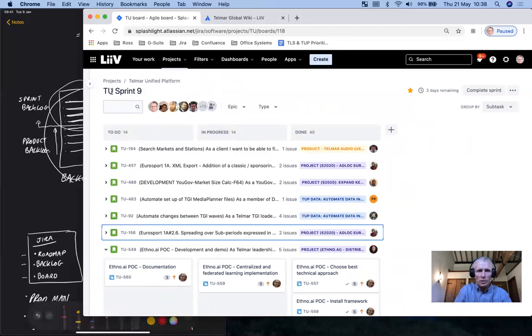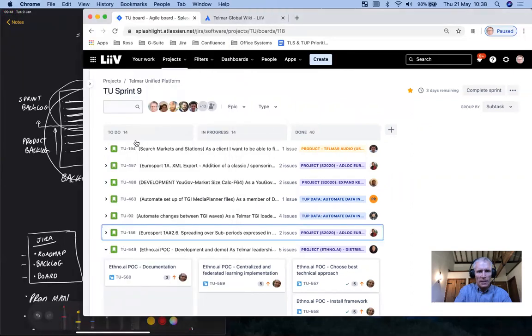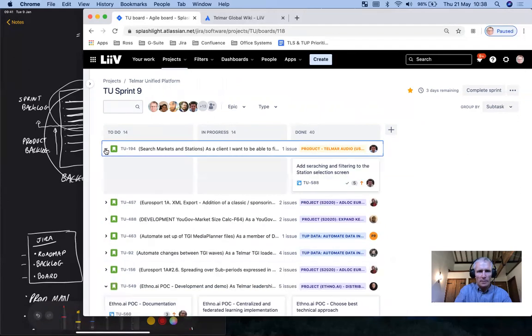So this board, Telmar Unified Platform board, is kept very simple. And this is a story and a story and a story. Now, because these are broken down into subtasks, as I showed you over here, we don't move entire stories through the process. We just move the subtasks through the process. So if you look at this one here, this story has one subtask, and actually it's done. So that would mean that the story should be done.